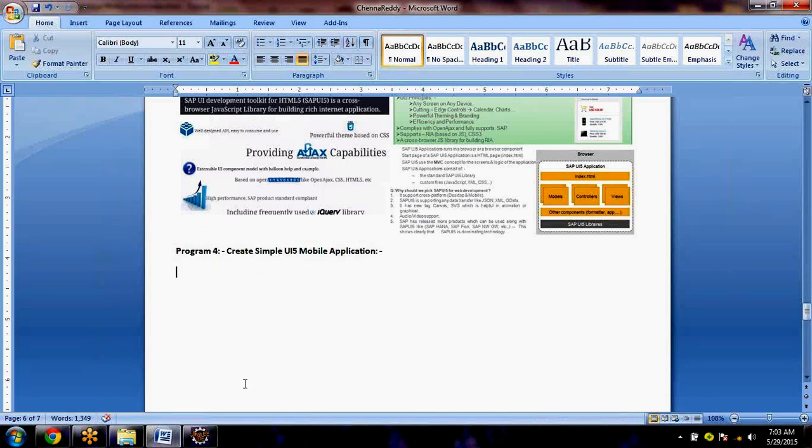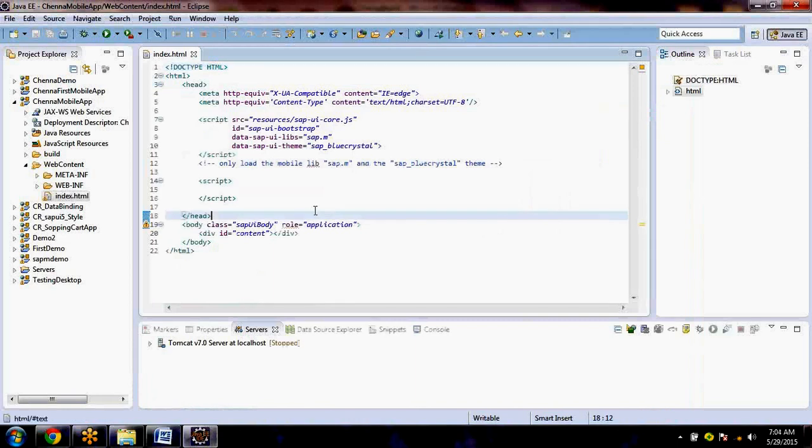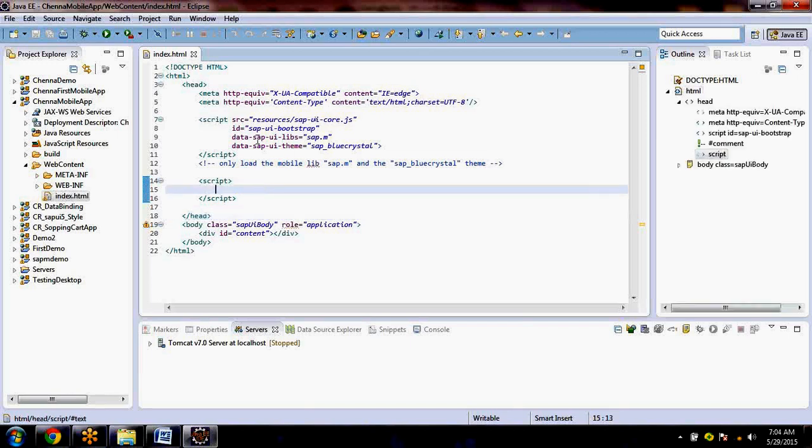Yesterday we saw even more complex ones than this, but I would like to cover it once again so that you will remember more. So now I created a mobile application project. Once I create the mobile application project, what is the next step? Okay, you need to go to the page script, then create a page instance.